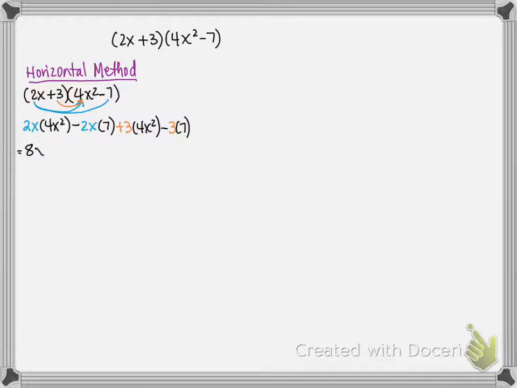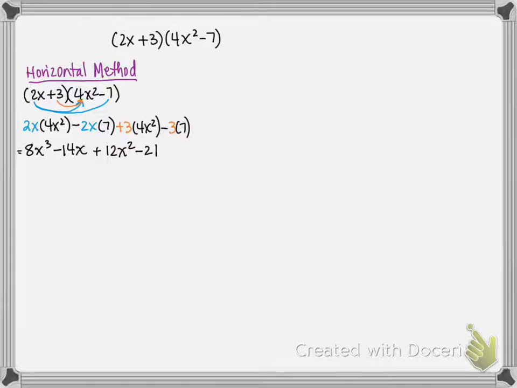X times x squared is x cubed. Negative 2 times 7 is negative 14, and x times nothing is x, right? And then 3 times 4 is 12, and then we have the x squared. And negative 3 times 7 is negative 21. Okay, now, you sometimes will come into a problem, and so what I notice is that my numbers are not